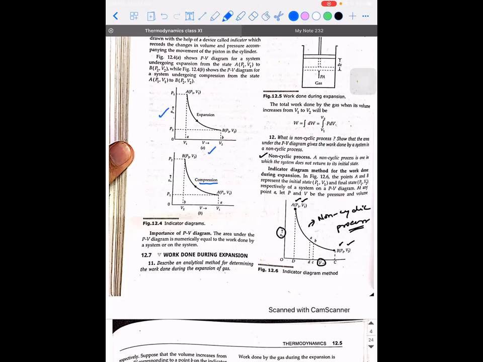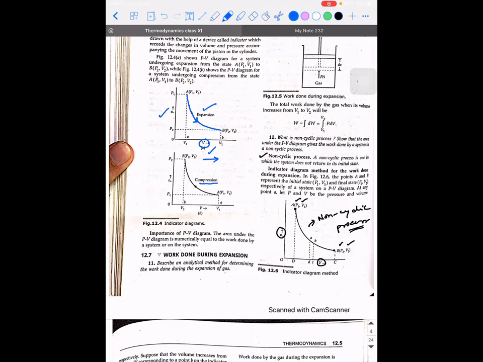Yes, sir. So if the arrow mark is drawn in such a way, if the arrow mark is to the right, so what can I say? As you are moving from left to right, volume is increasing, right? Because if I look at this graph, I can say volume is aligned along the positive x direction. When you move from left to right, something is increasing. Am I right? So here, volume is increasing, and that process is what is called expansion.